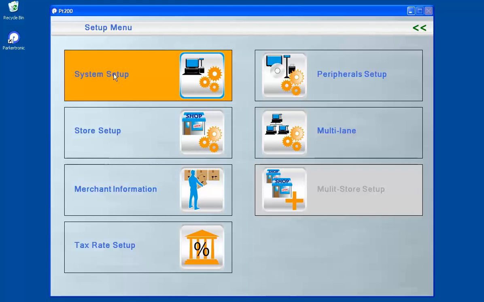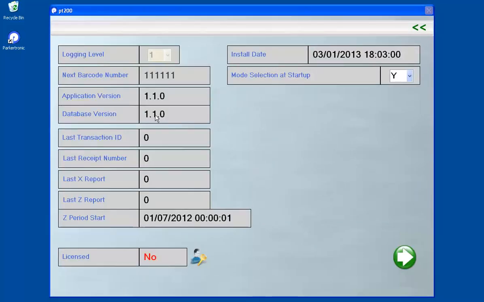So if we start at the top with system setup, this screen basically gives you the information relating to your installation. It gives the version number, the next barcode number, which in this case is the initial barcode number that's going to generate, the last receipt number, etc. In our case, it's still an initial installation, so they're all set to 0. The install date, whether the application is licensed, and here once again you can access the license screen,